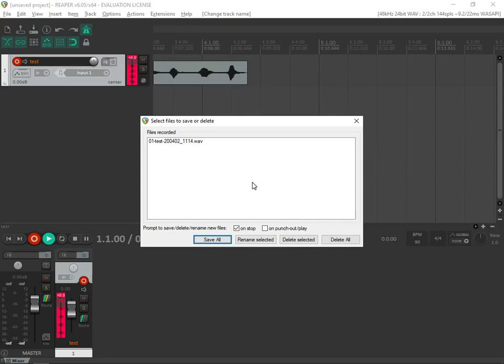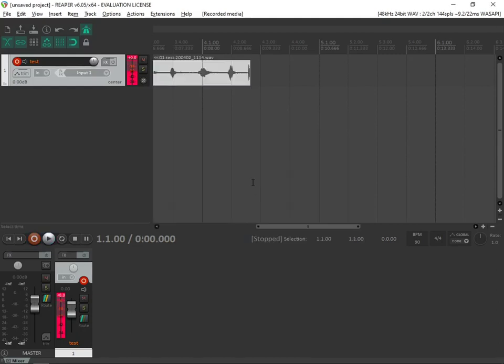All right, so you can come to the "Rename, delete all files recorded, prompt on stop" checkbox, checked. You can press spacebar to uncheck this. Not checked. And you can press the Save all button. Unsaved project. Reaper v6.0. Now if you press up down arrow to check what's going on in the track,